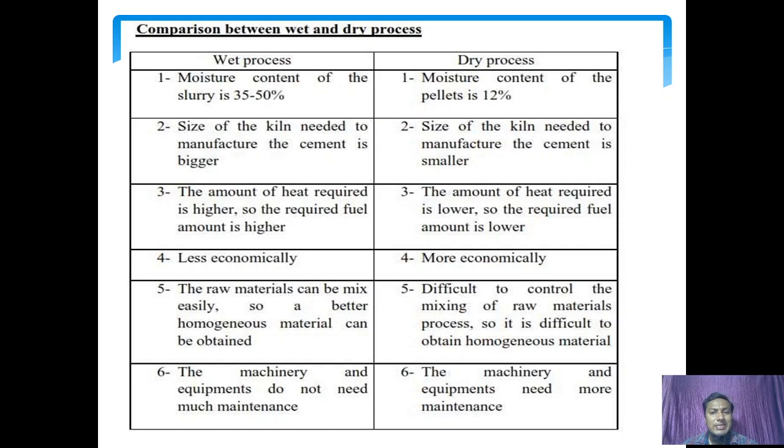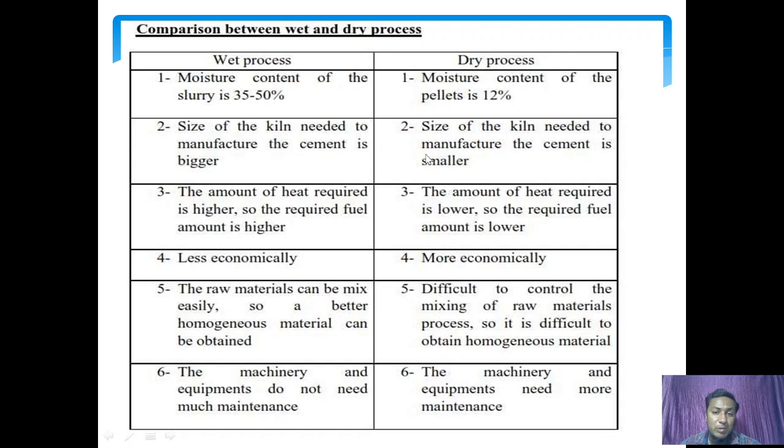Here you are seeing a comparison between the wet and dry process. These are the two methods mainly used while manufacturing cement. In the wet process the moisture content of the slurry is 35 to 50%, and in the dry process it is about 12%. The size of the kiln needed is bigger in the wet process, and smaller in the dry process because the moisture content is less.